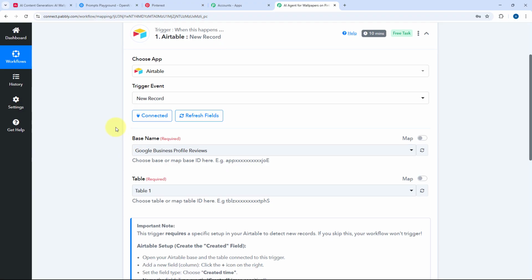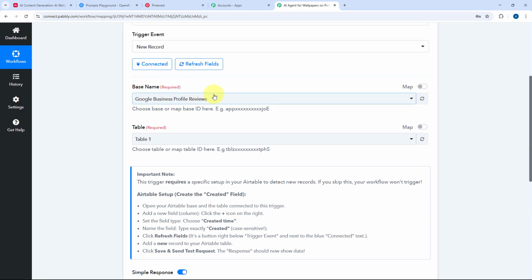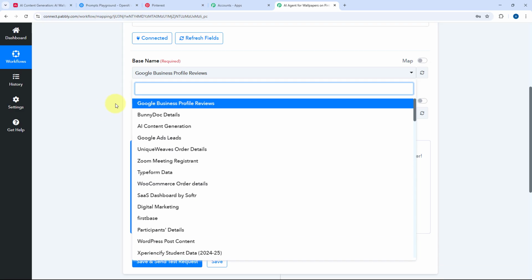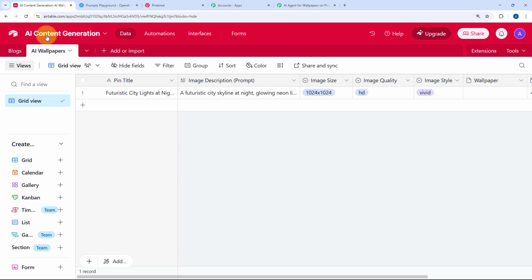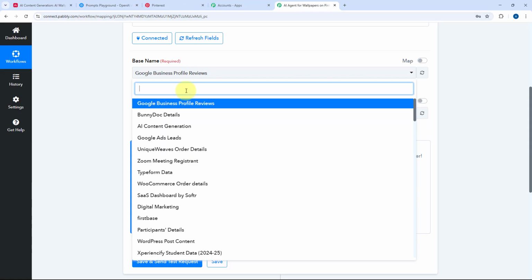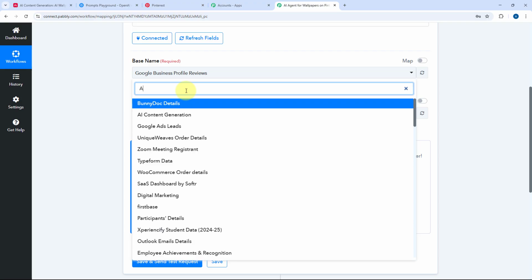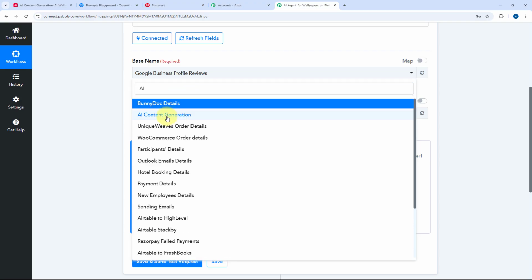step. After making the connection, it is asking us for the base name. So in this dropdown, here you can see a list of all the Airtable bases which you have connected with Pabbly Connect. And we have to select the new record from which particular base and from which particular table we want to receive inside this Pabbly Connect workflow using the AI agent. Now the name of my Airtable base is AI content generation. So here in this dropdown, we are going to search for the same base, AI content generation, and select